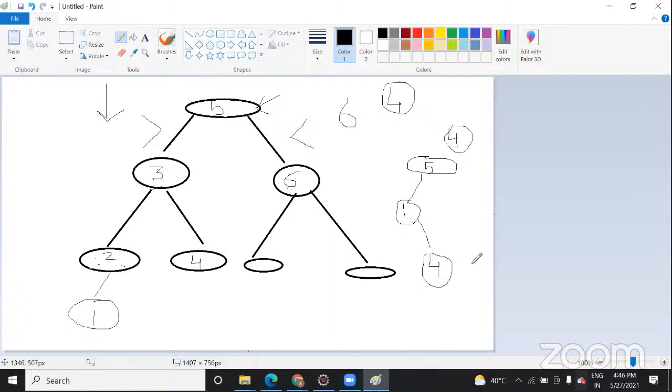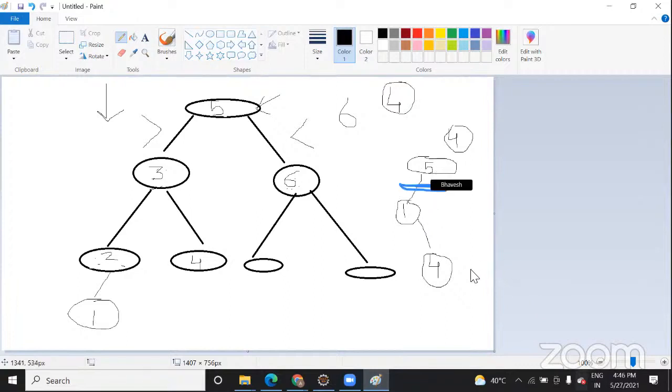So why doesn't 3 come here? Because this is less, right? 4 is less than 5 and greater than 1, so you can't take this side. It shouldn't be in between 1 and 5. It is in between 1 and 5 itself, right? So yes, I was saying that it shouldn't be here.